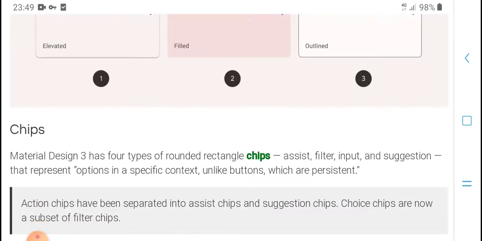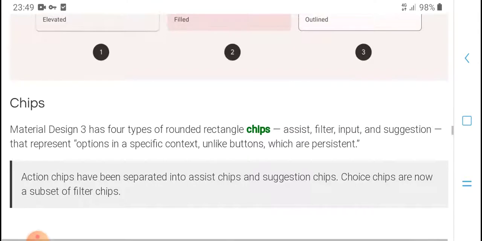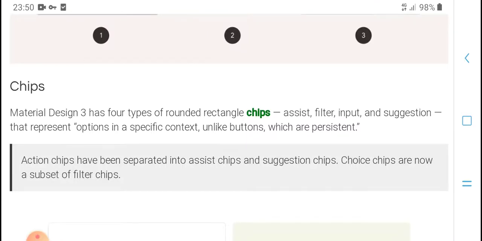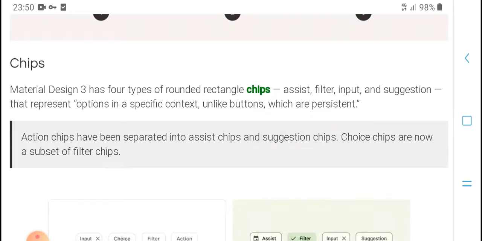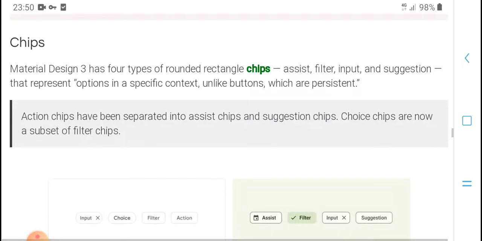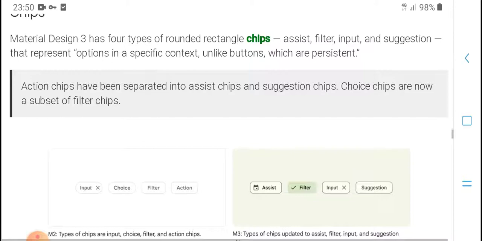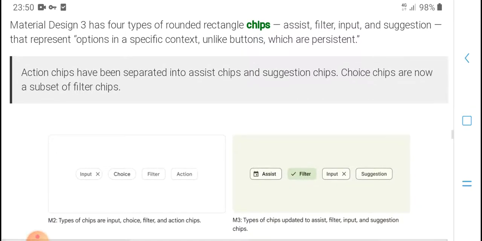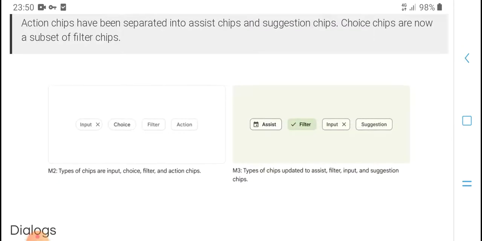For chips, Material Design 3 is 4 types of rounder range chips: extend, filter, input and suggestion. There's respect option especially content you can button with percentage action chip have been spent, your chip suggested, choose chips are now submit these chips